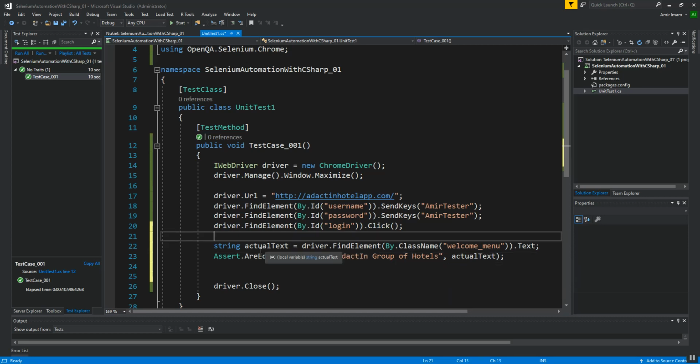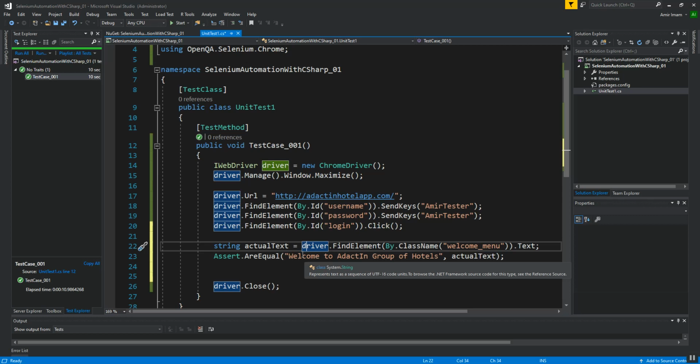As you can see, I created a variable of type string, and I am calling the welcome menu text. By using text I get the message present in the welcome menu, and it is saved in the actualText variable.